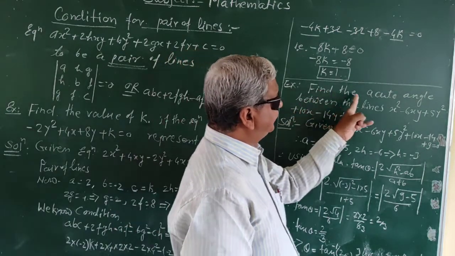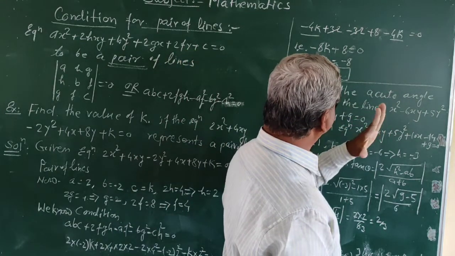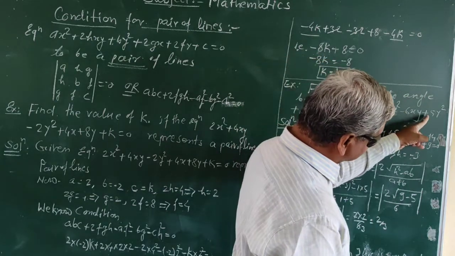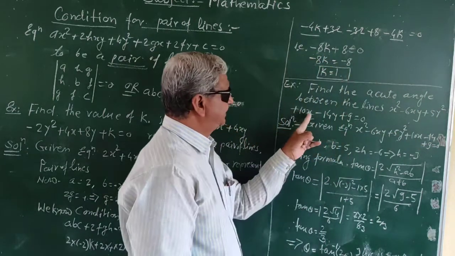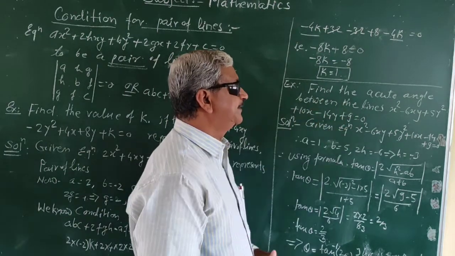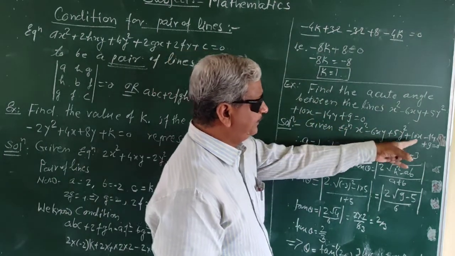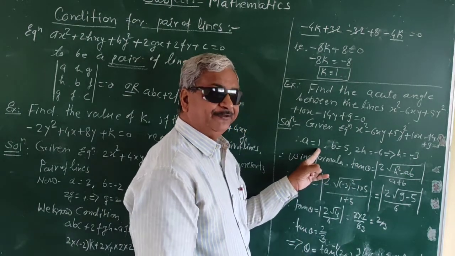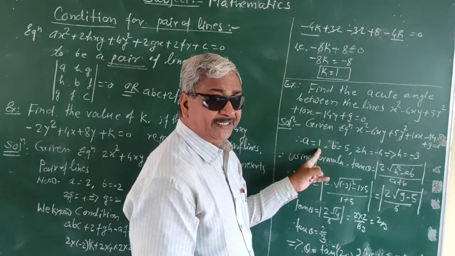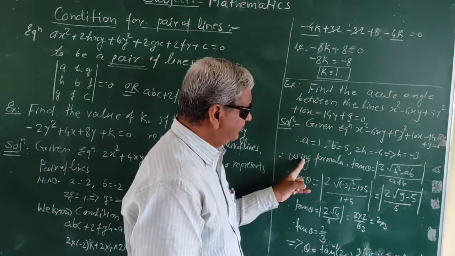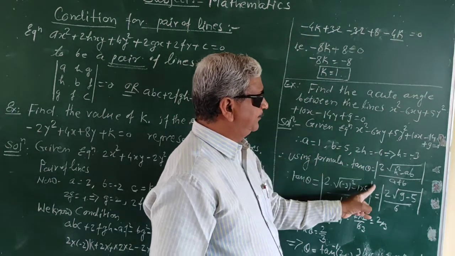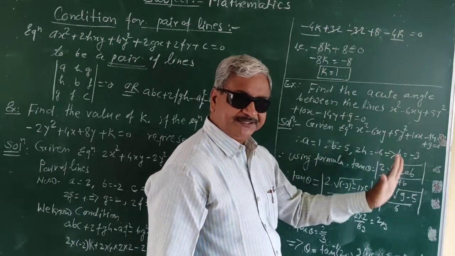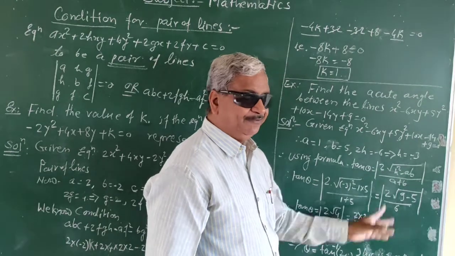So, the equation in the general form passing through any point is given: x square minus 6xy plus 5y square plus 10x minus 14y plus 9 is equal to 0. So, given equation we have written here. Then again collect, we want to find out the acute angle between the lines, so we need only A, B and H, because your formula is tan theta is equal to mod of 2 square root of H square minus AB upon A plus B. What is H square minus AB? What is A plus B?